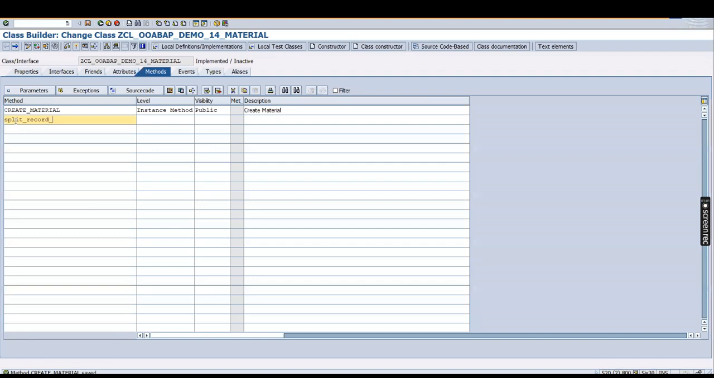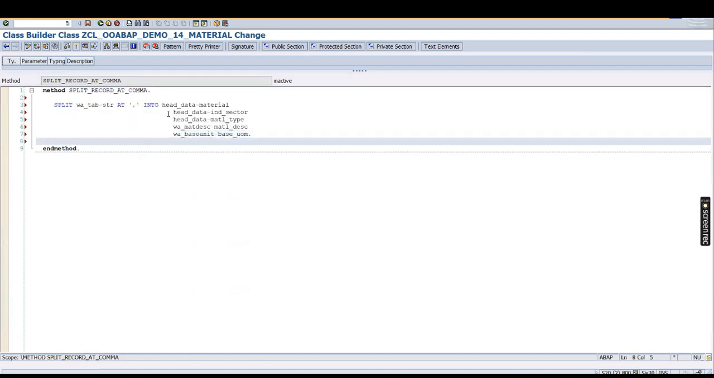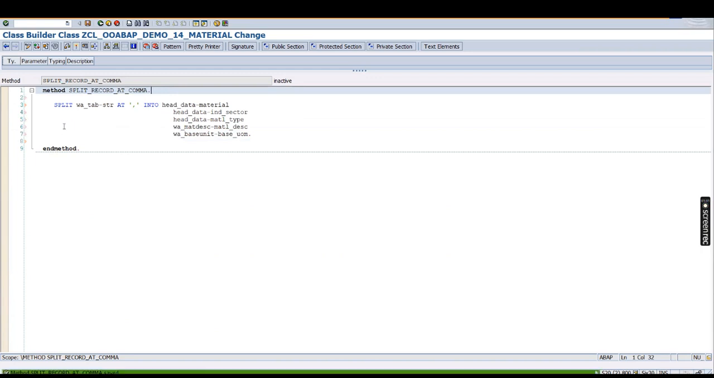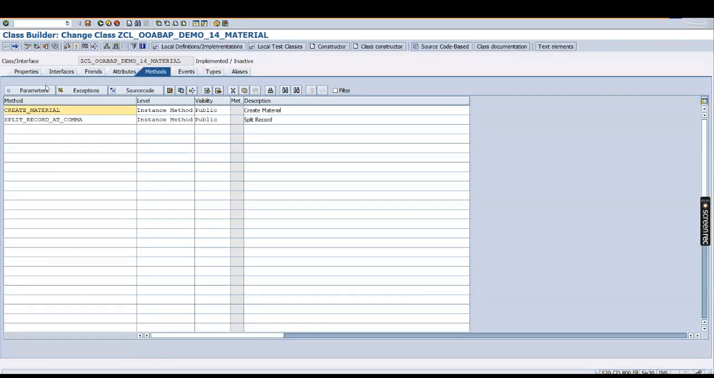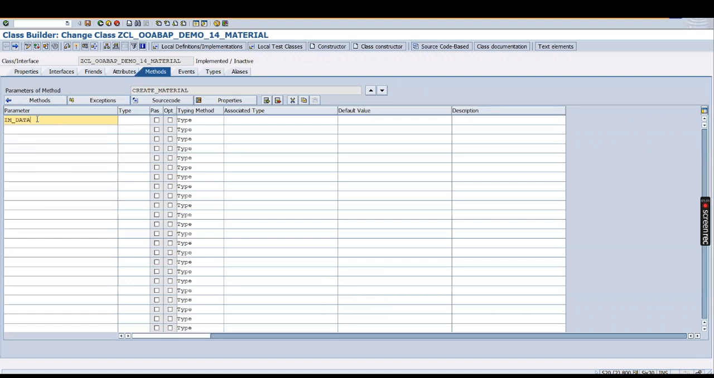Split record at a comma. I'm just going to be more specific, and split record. Double click, come over here, Control V. So the splitting part, I'm just doing it. Come here, go to this parameter, define the parameter from where you will have to get that very value. So IAM underscore data,